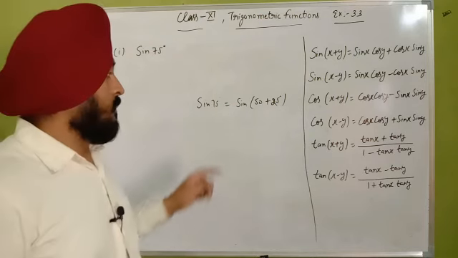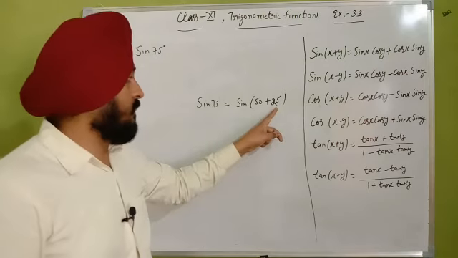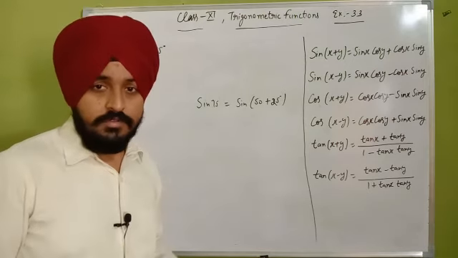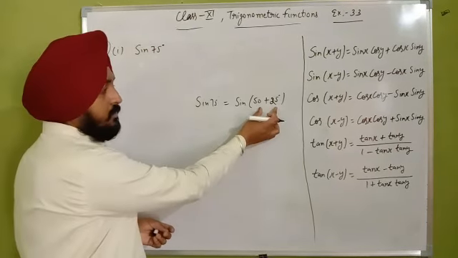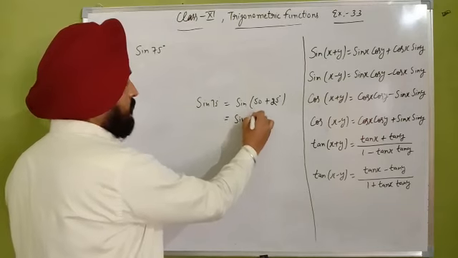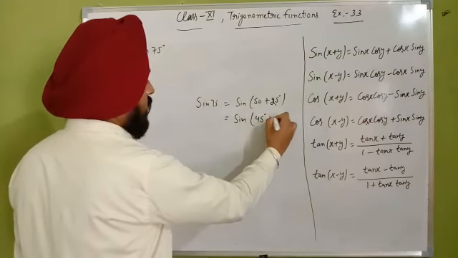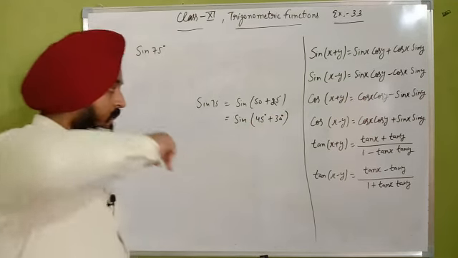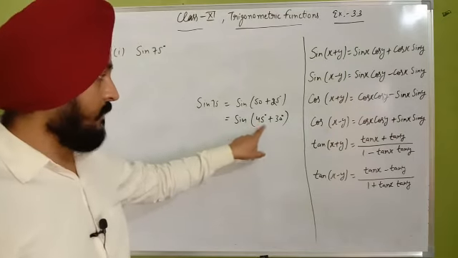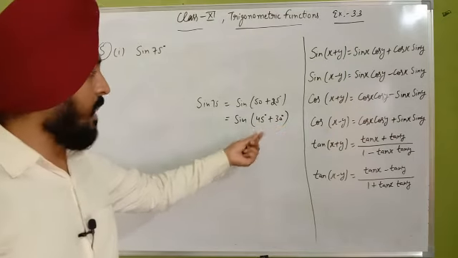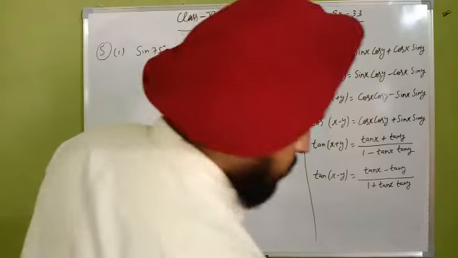Clear? But we don't know the values of sine 50, cos 50 and sine 25, cos 25. So you have to split in such a form that you know the values of the angles you write there. For example, I am writing sine 75 degrees, so we can split it as 45 degree plus 30 degree. As we know the value of any trigonometric function at 45 as well as at 30 degree, we have to split 75 degree in such form. Understood? Let's start.